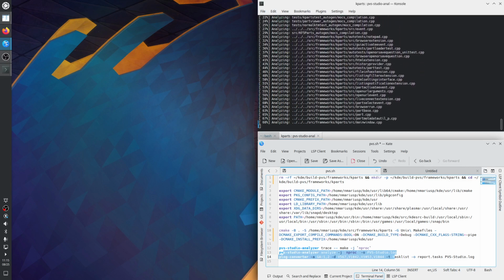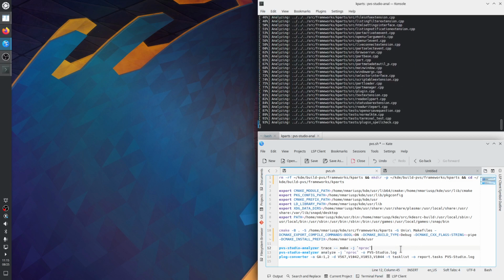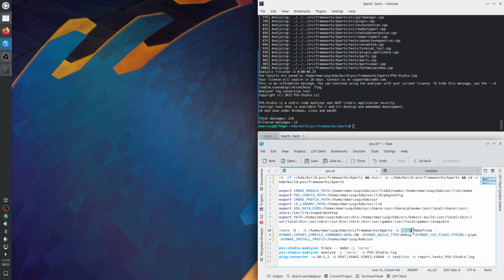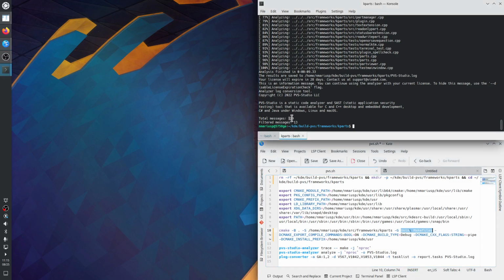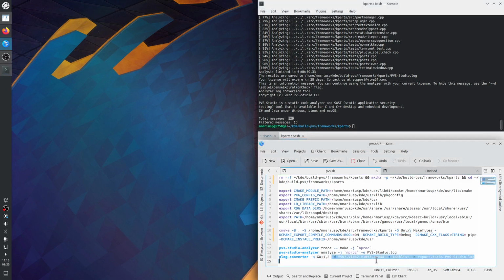Okay. So I'm using Unix makefiles, not Ninja, the same way as kdesrc-build uses by default. And it says it found 129 build warnings or errors, but I'm excluding for now the warnings, the PVS-Studio found static analysis results